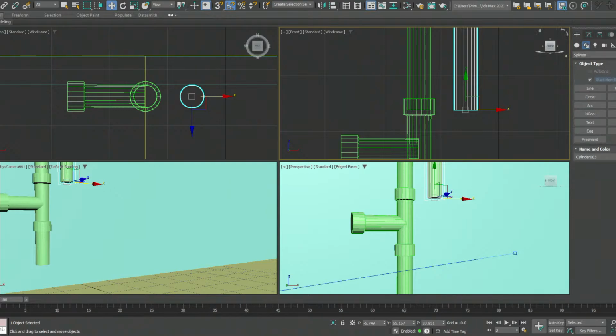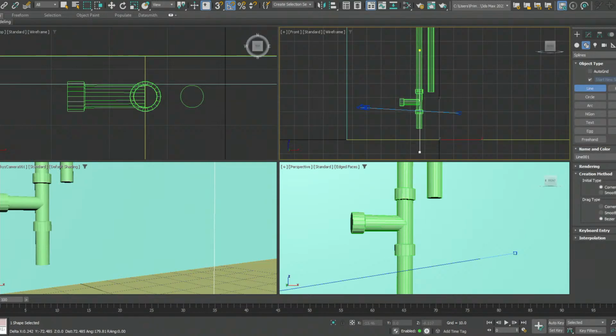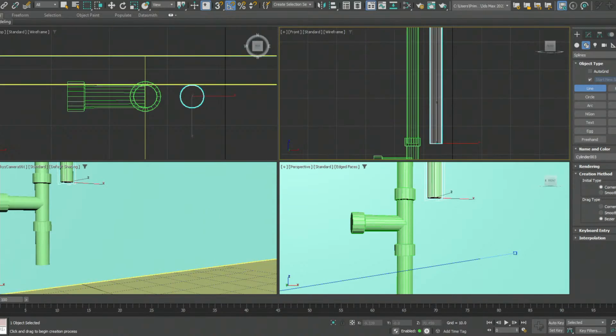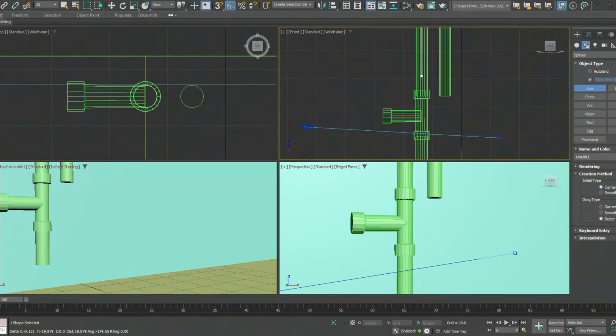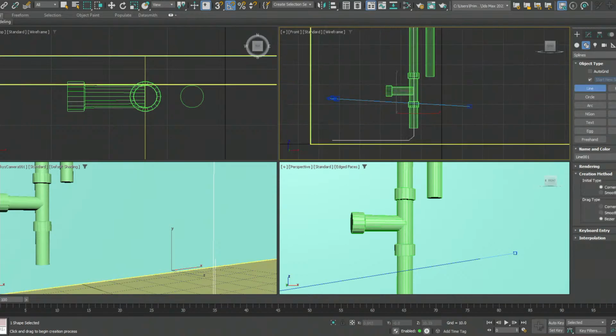So I'm going to go to my creation panel. I'm going to create a line, and I'm going to create this on the front, somewhere around hopefully the middle of this cylinder. I'm going to use one click right here in the middle and one click right here and continue. I right click to end my line drawing process. So I'm going